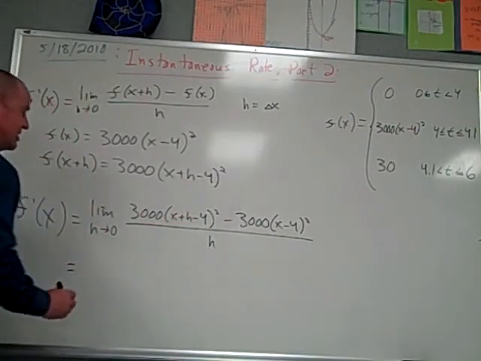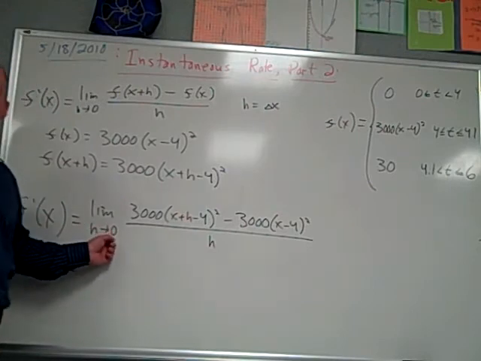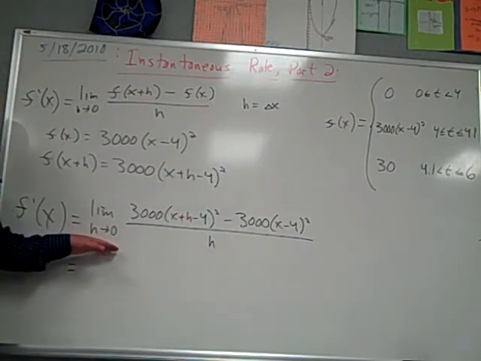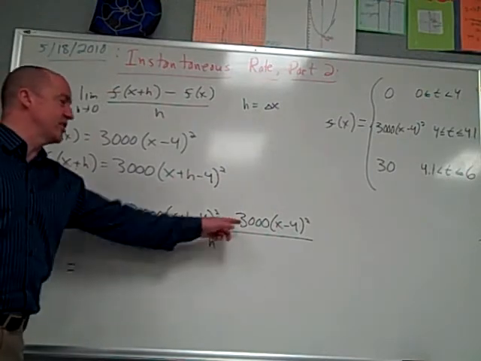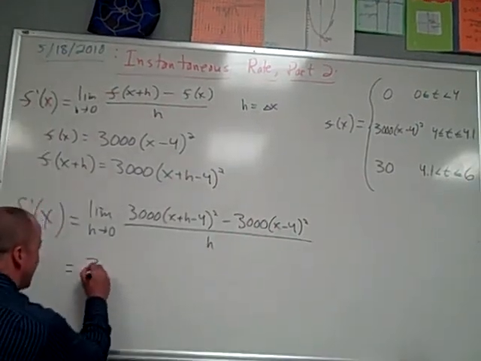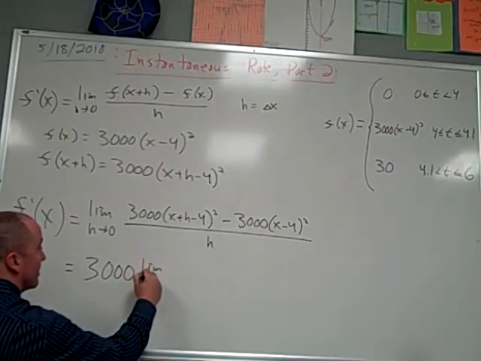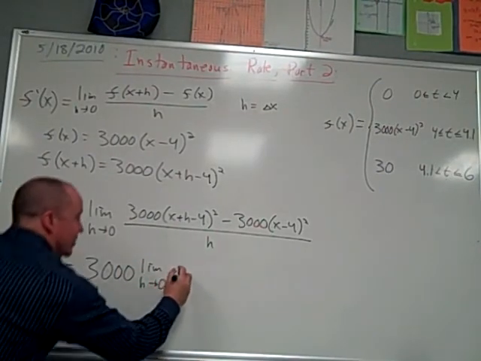A limit is, as I mentioned briefly before, a semi-permeable membrane. No, I said that as sigma. A limit is like a sigma. It's a semi-permeable membrane. This coefficient, 3,000, can come to the outside and I can rewrite it